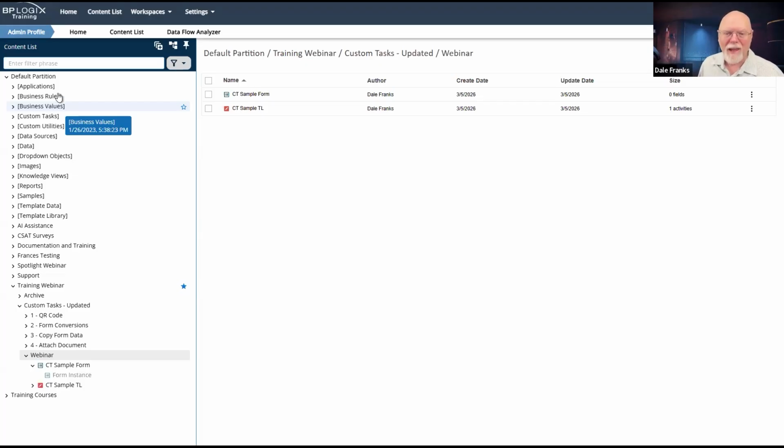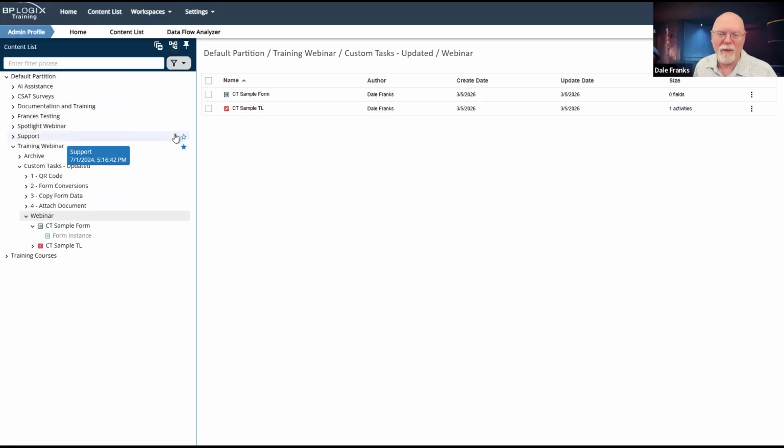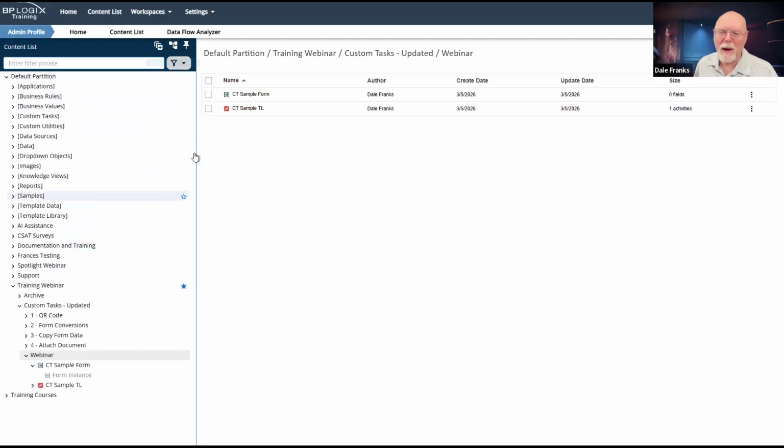I should point out that that not only works here at the root level of the partition, but anywhere that you create a folder inside square brackets, that folder will disappear if you toggle system folders off. So just be aware that if you are going to use this convention outside of the root level of the partition, that it's also going to hide it everywhere else it encounters it whenever you turn off system folders. And that is the intended behavior. So just something to keep in mind.